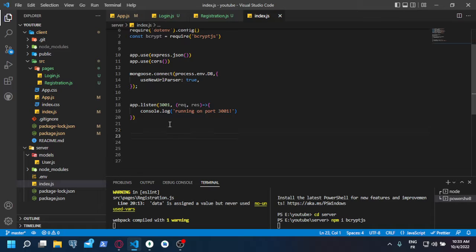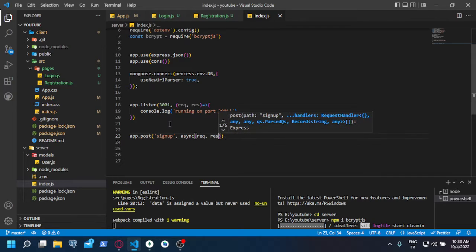And then I'm gonna start preparing our router. So app.post, as I said, it has to be a POST one, and we called it signup. So an async request and the result,